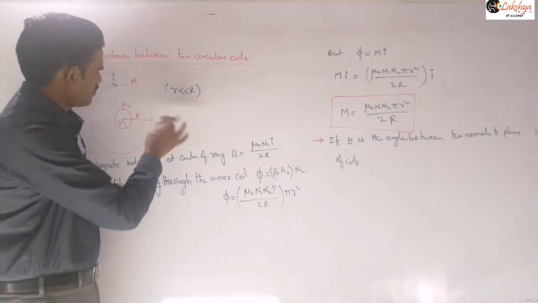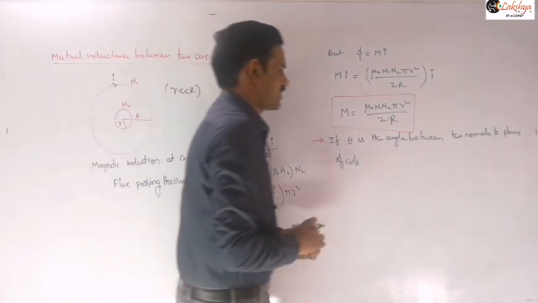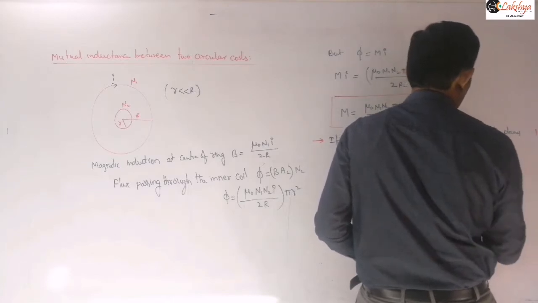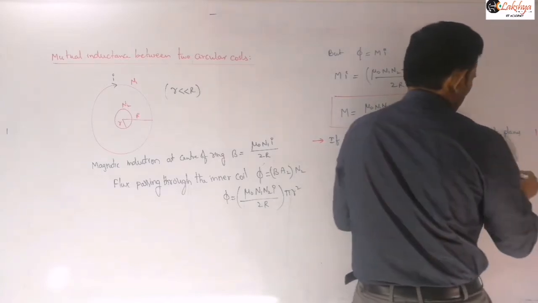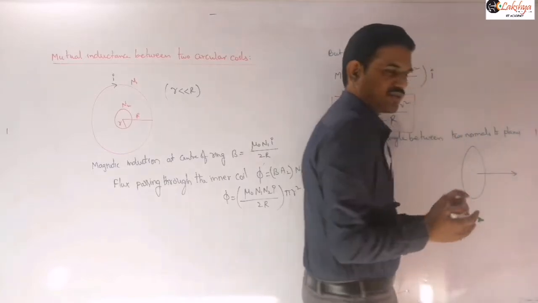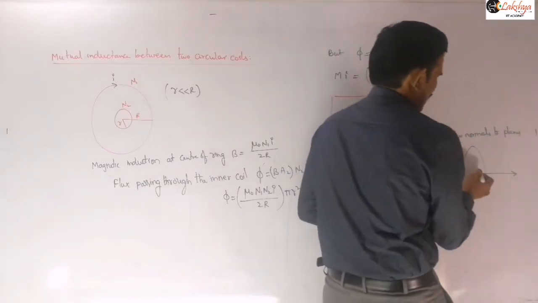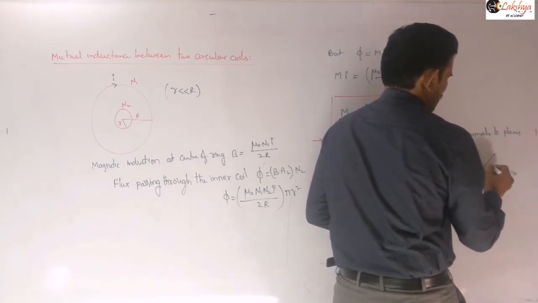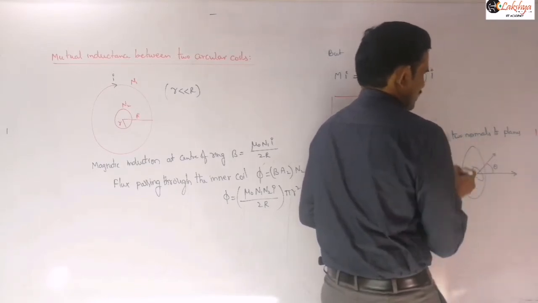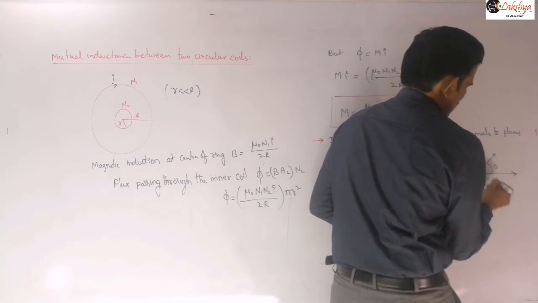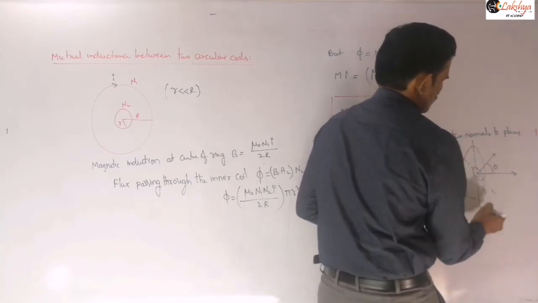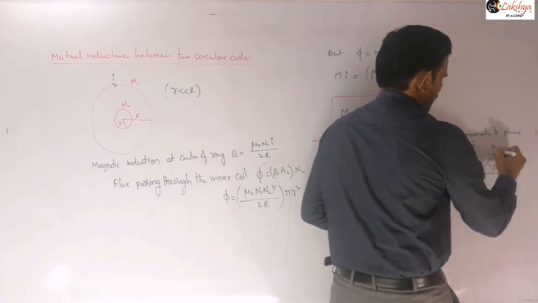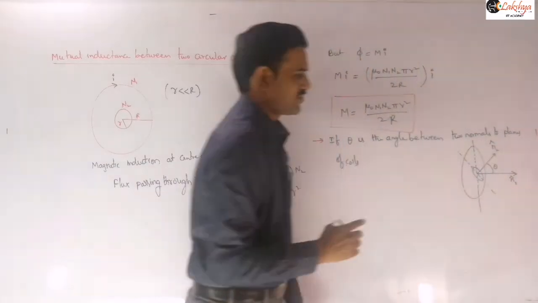That means from this position we are turning through an angle theta. What I am saying is, if one coil is there like this, so that its normal is along this direction in this plane, the other coil I am taking like this, so that its normal is along this direction. So this angle is theta that we are considering. For this the diametric axis will be like this, and for this it will be like this. Suppose this is N1 cap and this is N2 cap, that means normal to the two coils.